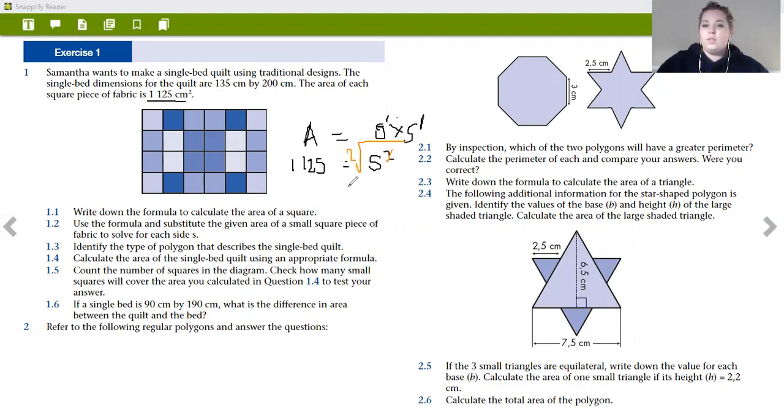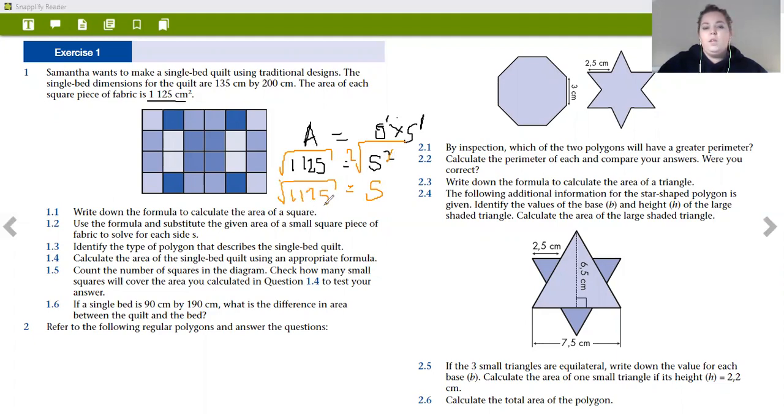Okay, so the square root is cancelling out the square. So we just have S left. Okay, and what we do to the one side, we're going to do to the other. So if we have to get rid of the square on this side, we have to do the same. So we square rooted that to get rid of the square. So what's going to happen here is we're going to square root on this side. So that means our answer will be the square root of